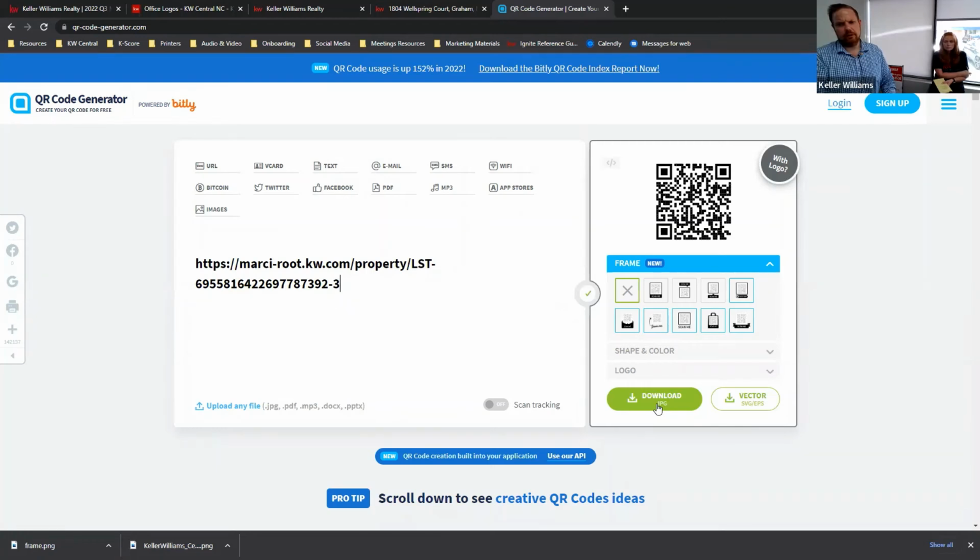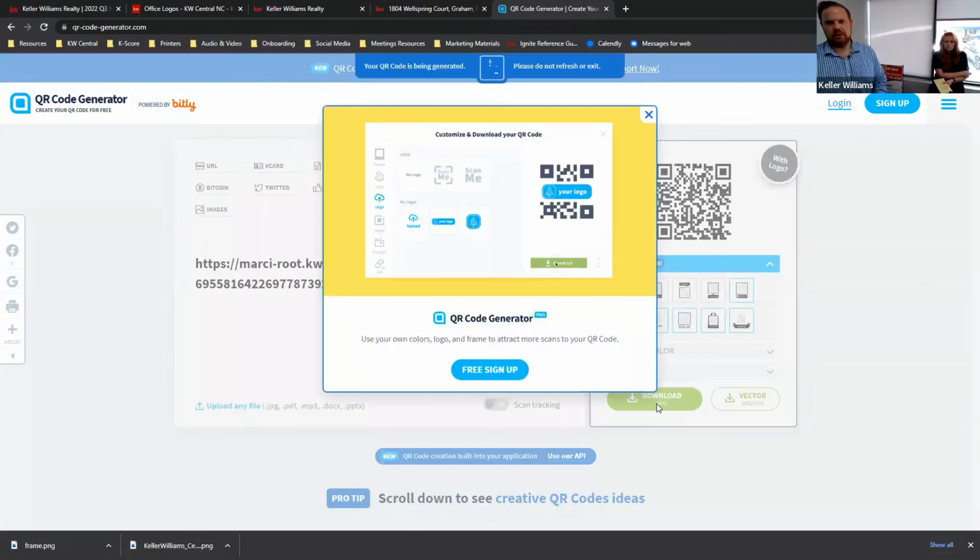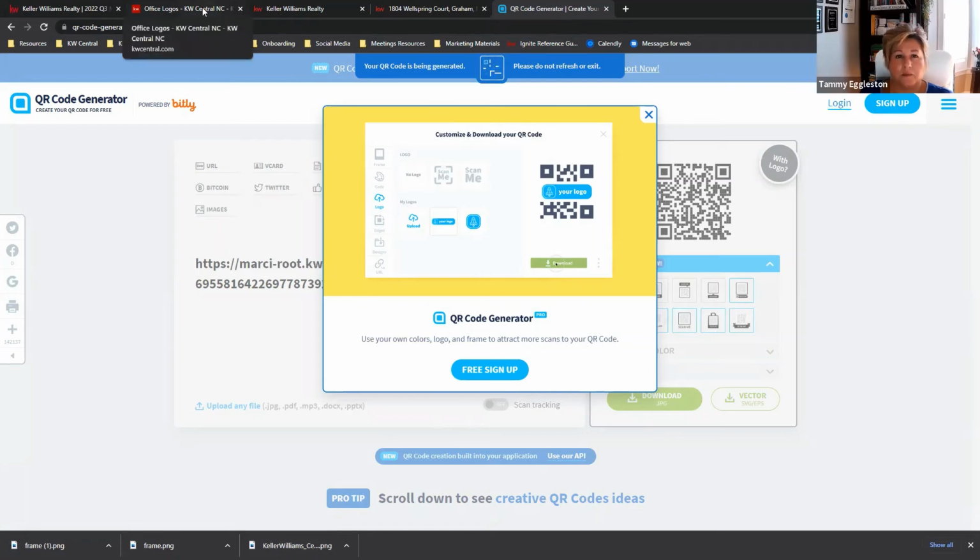You'll click the download button, which will pop up an advertisement. In fact, I'll just go ahead and do it again. An advertisement for about 4 or 5 seconds. And then you will have a file show up in the bottom left. In this case, it says frame and it has a little 1 because it's the second time the same file name has been downloaded.